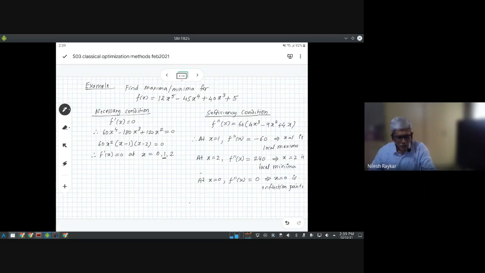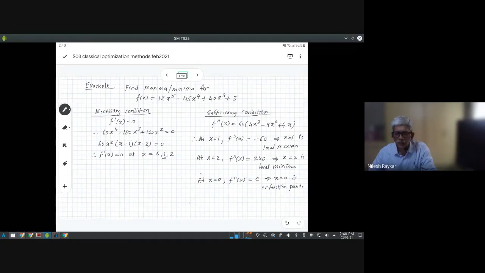Okay, so let's move to the functions of multiple variables. Whenever you are having functions of multiple variables, the first derivative term that we talked about takes the form of what is known as the gradient vector. So we'll discuss the gradient vector, and the second derivative that we talked about here takes the form of a matrix, what is known as the Hessian matrix. So in multidimensional functions, you have two terms, but they are similar to f dash x and f double dash x. So these are the two things.